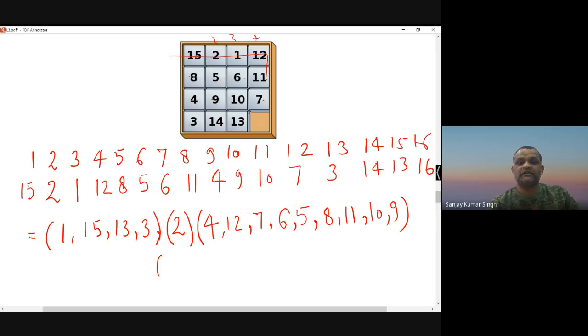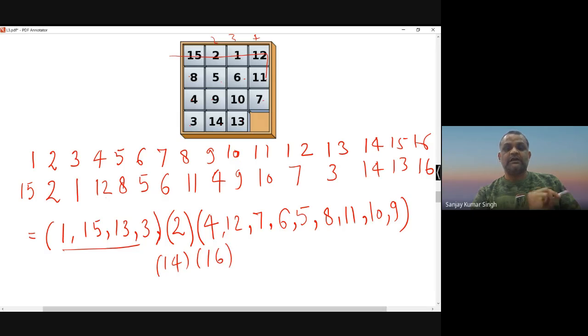So now 4 is done, 5 is done, 6 is done, 7, 8, 9, 10, 11 is done, 12 is done, 13 is done, 15 is done. So what about 14? 14 is going to 14 itself. So now, how many? One number is missing. Which one is missing? 16. 16 is going to 16. So now corresponding to any arrangement, I have associated a permutation. So this I can do, and then I can transfer.